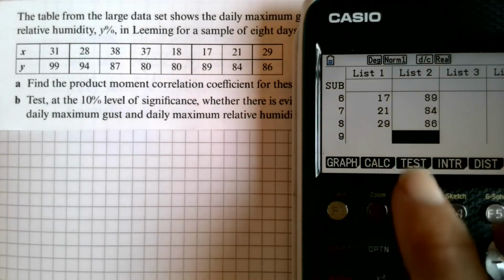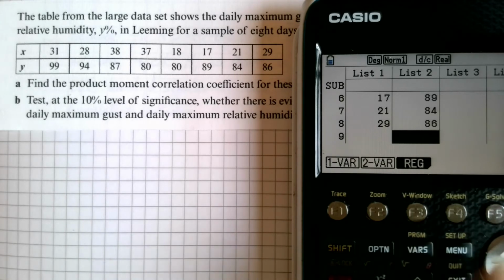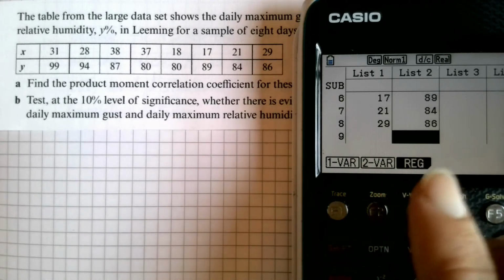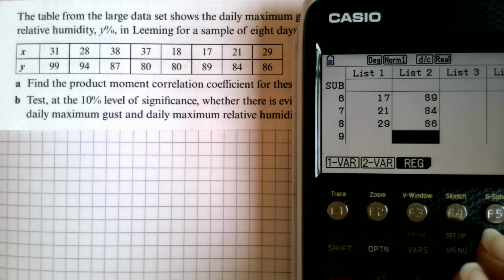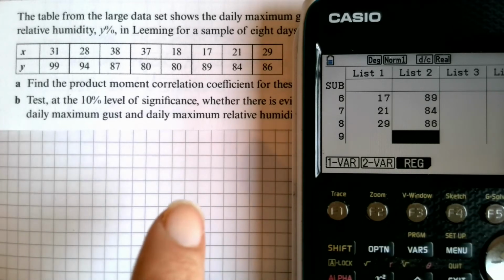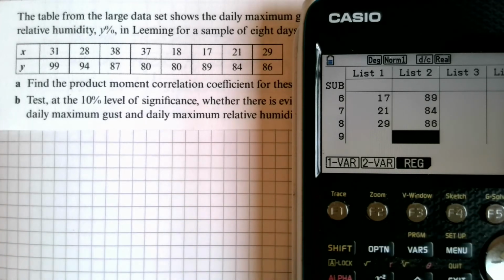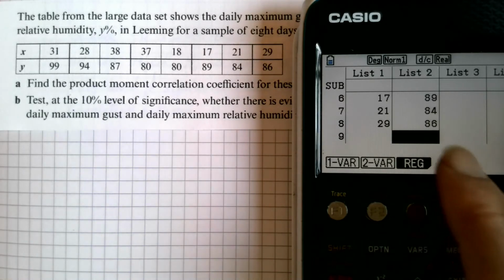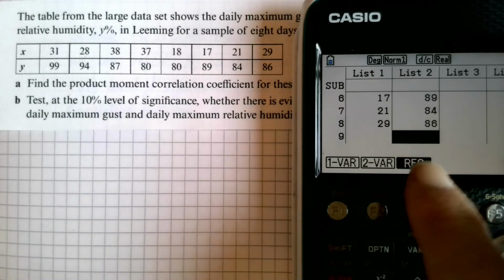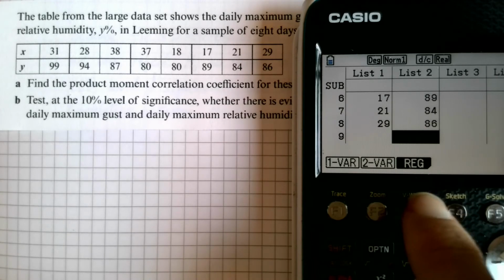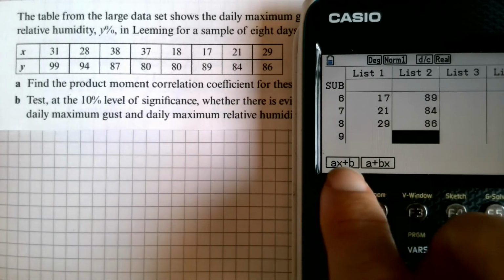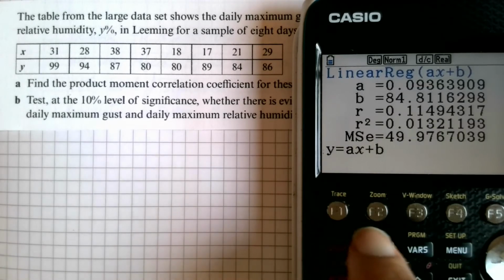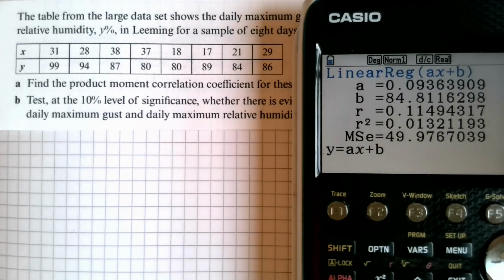We go to calculate. I haven't bothered looking at the graph to see if there's any correlation. I'm thinking it quite possibly won't be, because this is about gusts of wind and humidity, and how hard it's blowing. It hasn't necessarily got much to do with how much moisture is in the air. Right, so I'm going for reg, and then X. Doesn't matter which one of these two I pick. My R value is